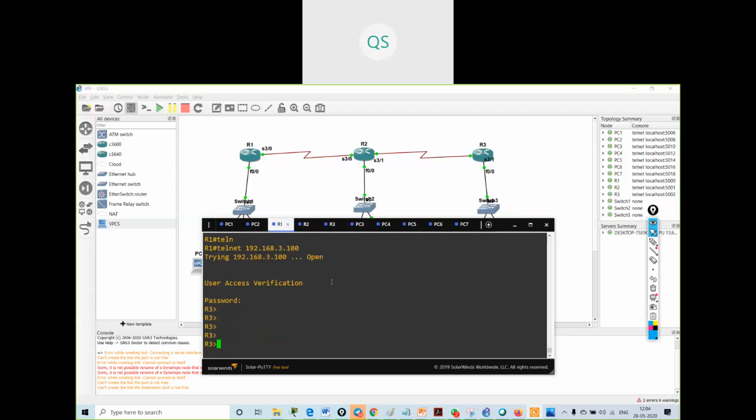Now I will restrict the telnet access. I will give the telnet access, but on specific times only. So I will configure a time range on R2.